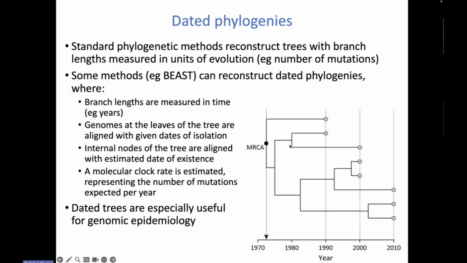And what was not known in advance is, how old, for example, is the root of the whole tree, but that has been estimated to be around 1972 in this case, the most recent common ancestor of the whole sample, the root. The way it's estimated is that we need to estimate at the same time the rate of the molecular clock. That's the number of how quickly mutations accumulate in the genome. So BEAST, for example, estimates jointly the clock rate and the date so that you get a tree like that